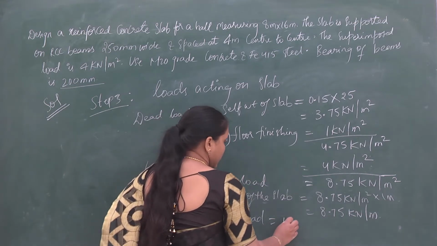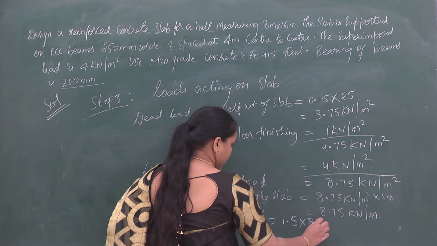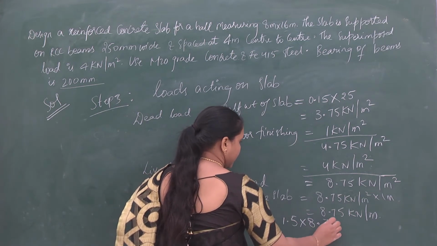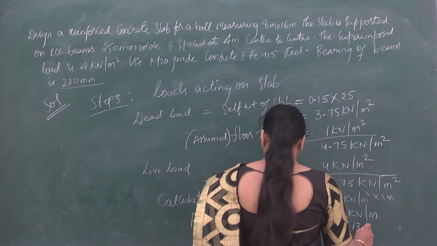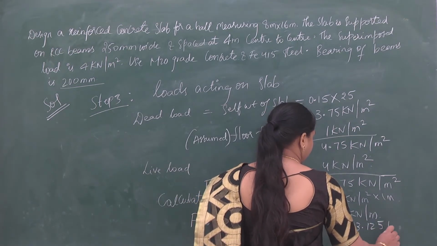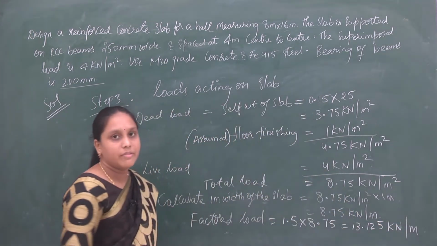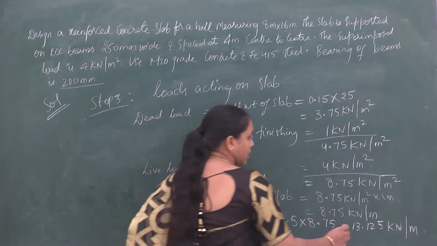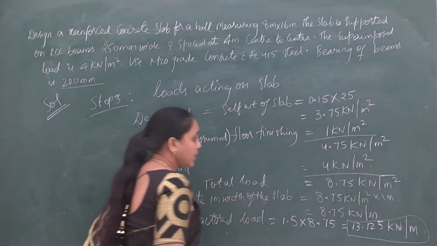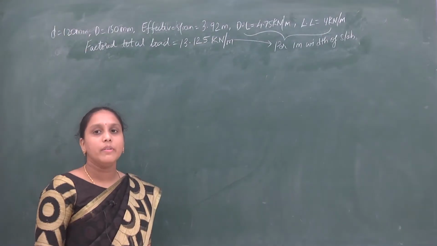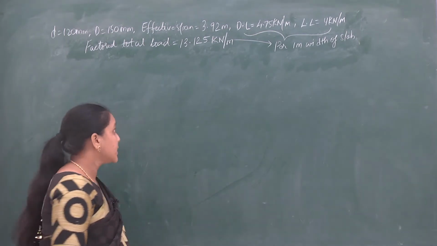So that is, the factored load will be 1.5 into 8.75, which is equal to 13.125 kilonewton per meter. So the factored load is 13.125 kilonewton per meter. Now that we have calculated the factored load, the next step is to